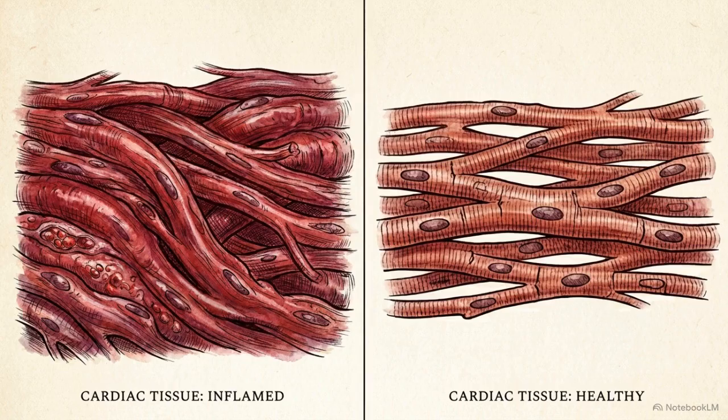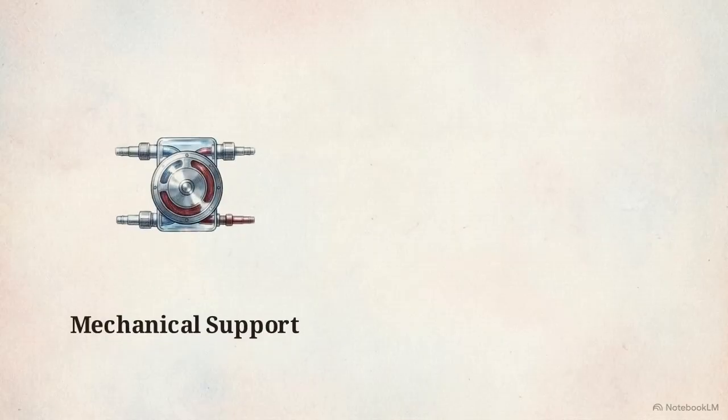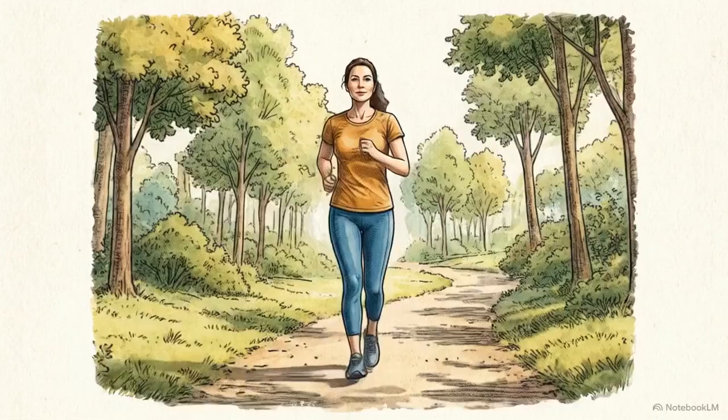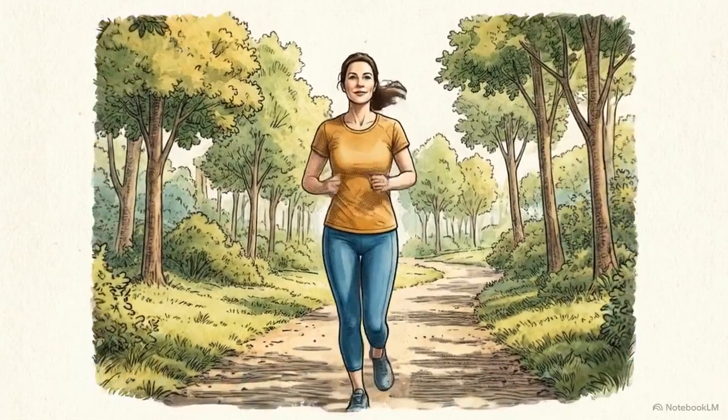Fulminant myocarditis is an illness of fast-moving extremes. By utilizing aggressive mechanical support to buy time and precise biopsy-guided therapy to stop the inflammation, doctors can give the human heart the exact conditions it needs to demonstrate its